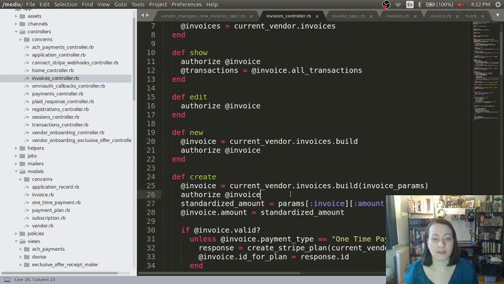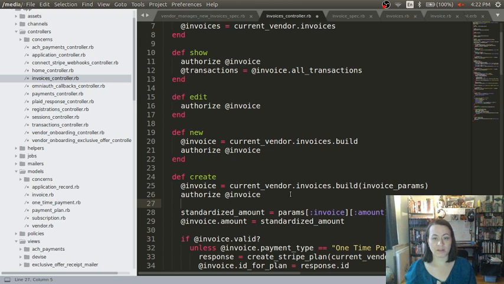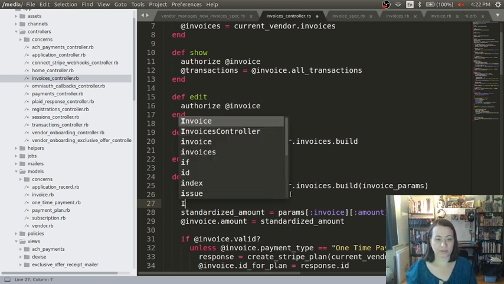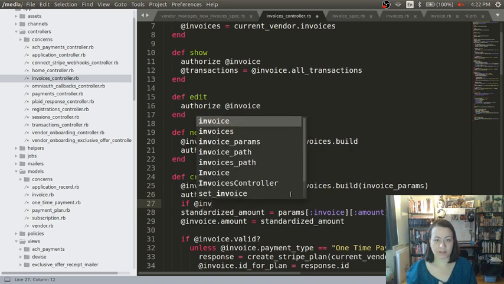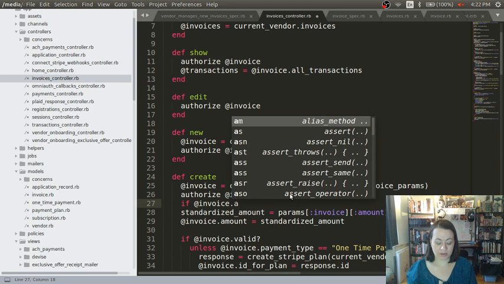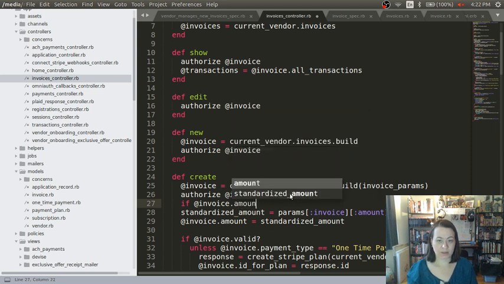So let's just do it only if, ooh, small if, at invoice dot amount. Wait, no, if params